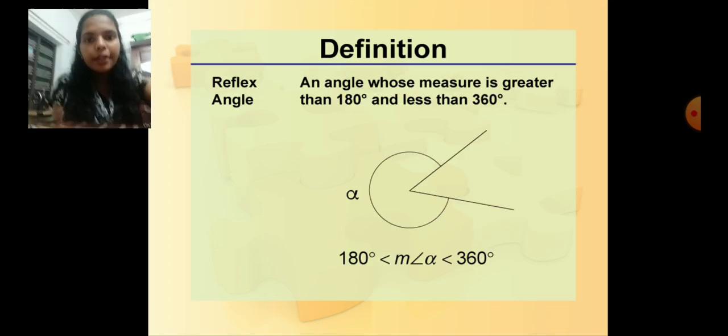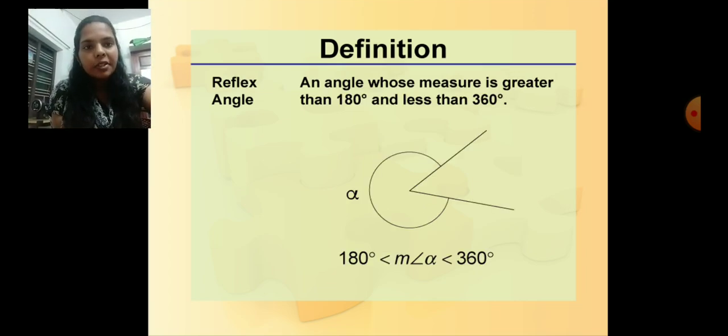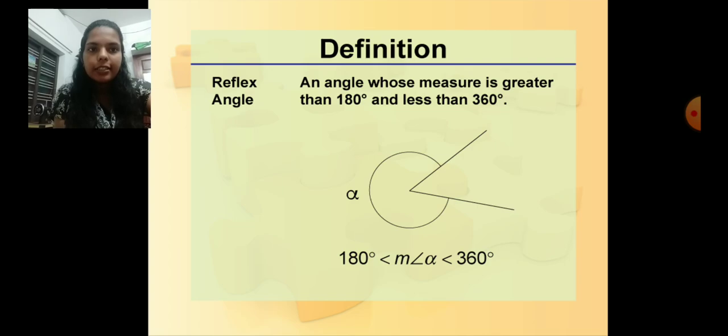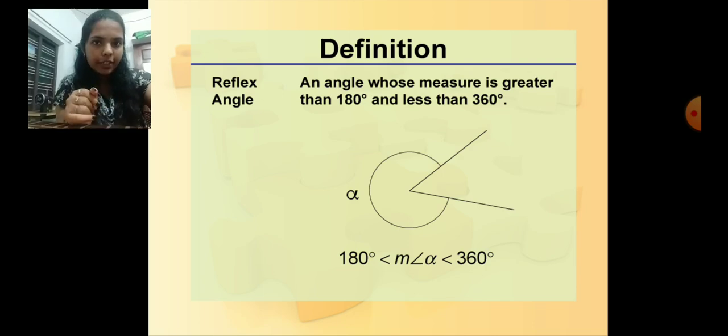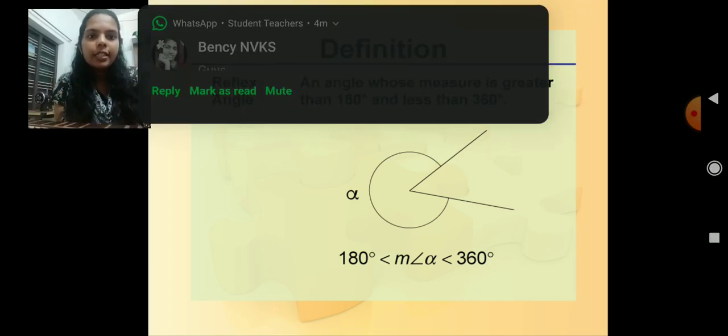Now reflex angle. An angle whose measure is greater than 180 degrees and less than 360 degrees is called a reflex angle. Okay, acute angle, right angle, obtuse angle, straight angle, and now reflex angle. Then the next type is